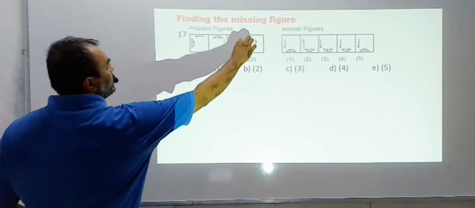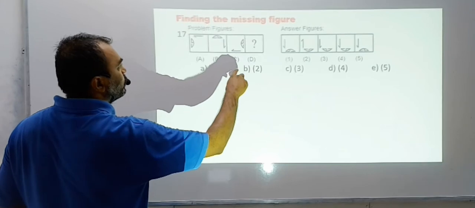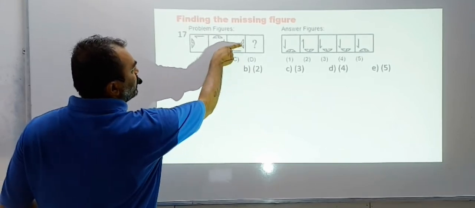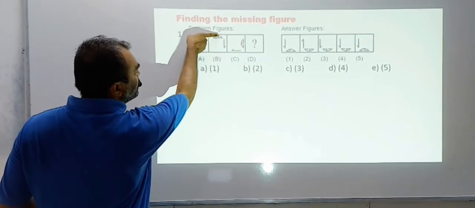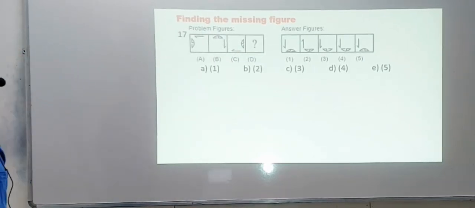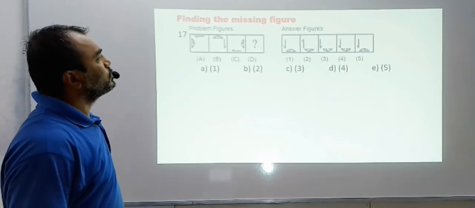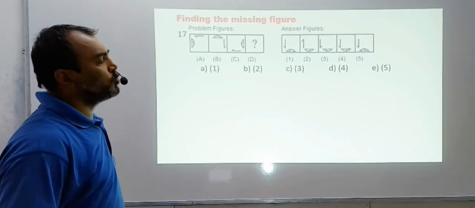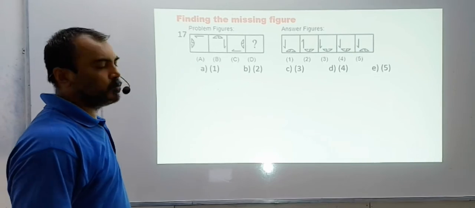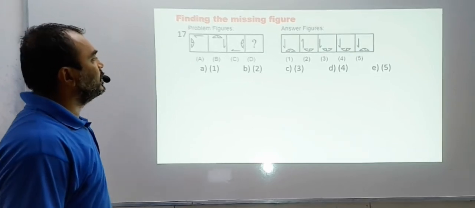And this E will come down here and turn inward. Means the curved part will come below, but see which is the closed part. The closed part has not changed the side. So here the closed part will not change the side. Now apply that logic and see what option you get. Okay, you have to apply your own logic and see what answer you get. And then I will show what the answer is.